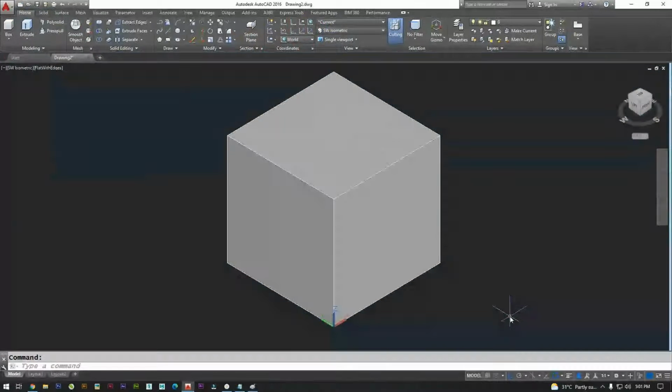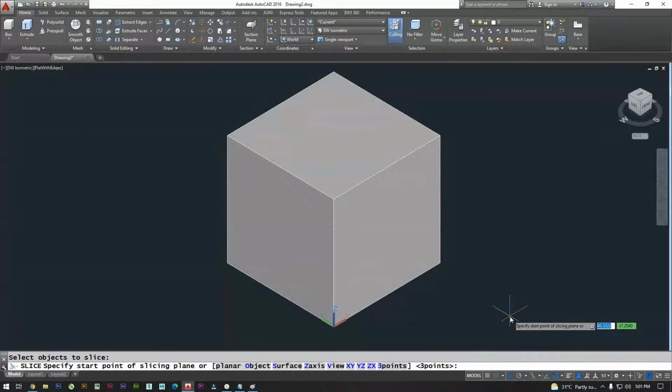Now the command is SL, enter. Now it's asking to select objects. Either you can select the object with the mouse, or type the command ALL, double enter. Now here comes the major point. Observe carefully. It's asking to specify the starting point of the slice plane, or you can specify the axis. Here we have three axes: XY, YZ, and ZX.